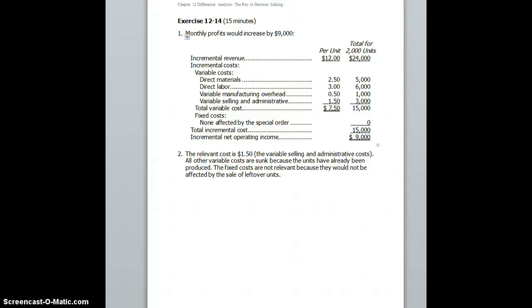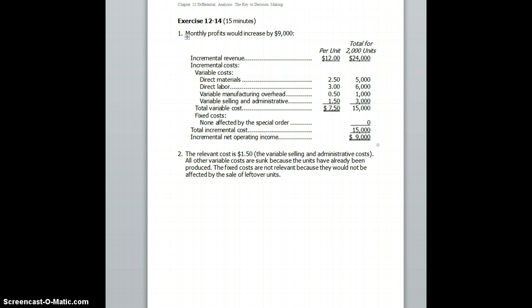On page 562 in the book, we will now discuss the solution to exercise 12-14 that deals with a problem with a special order. In 12-14, we have Glade Company, which produces a single product, and we are given the cost of producing and selling a single unit of this product at the company's current activity level of 8,000 units